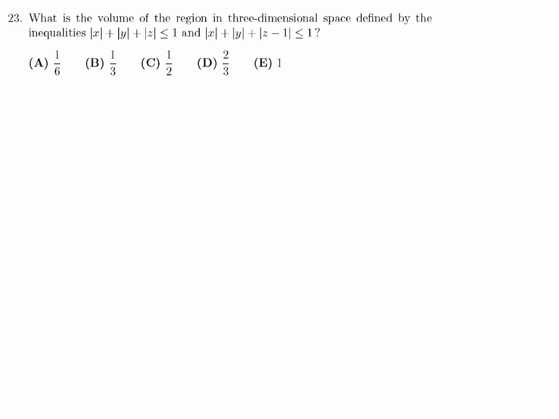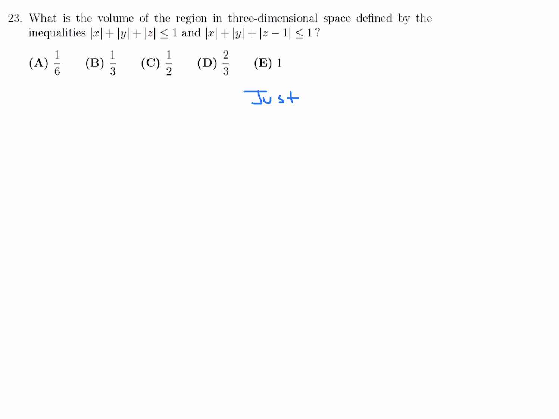What is the volume of the region in the three-dimensional space defined by the inequalities absolute value of x plus absolute value of y plus absolute value of z is less than or equal to 1, and the absolute value of x plus the absolute value of y plus the absolute value of z minus 1 is less than or equal to 1? In this question, I think it's easier if we just concentrate on one of the quadrants, but